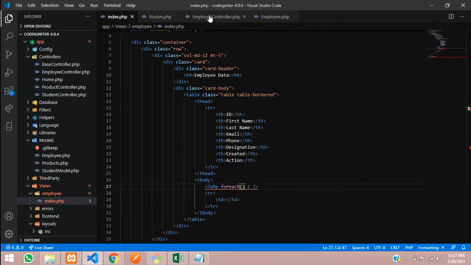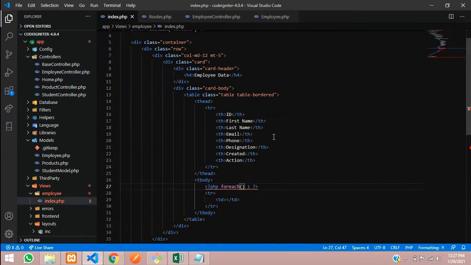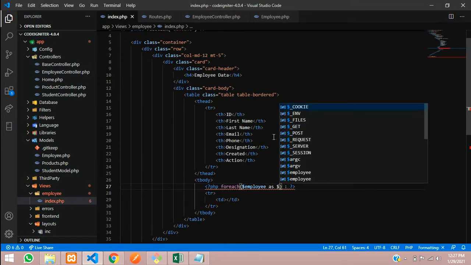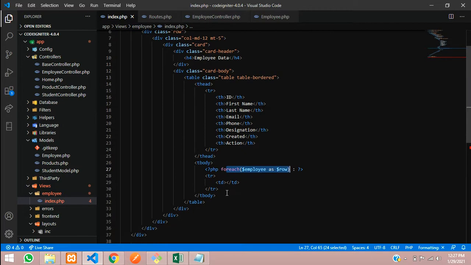So let me just copy that, $employee as $row, these are row items. So let us give row, and your foreach is started. So let's end the foreach first. PHP open and PHP close, and let's end foreach and give a semicolon.